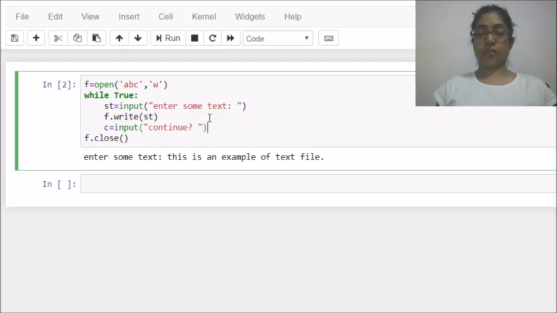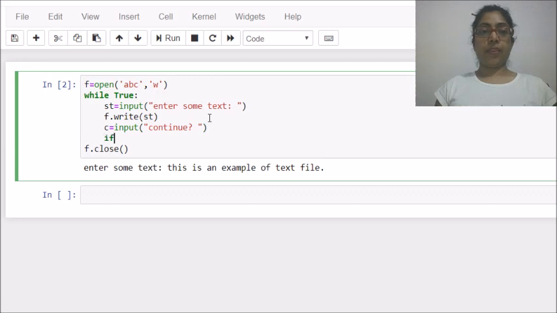So I will take another variable and ask for input whether he wants to continue. If the user says no, then there is no need to continue the loop. If he says yes, then another input is to be taken and that input will be stored in the file. So I am going to check whether the user is saying no. If he says no, then I will break the loop because it is an infinite loop.